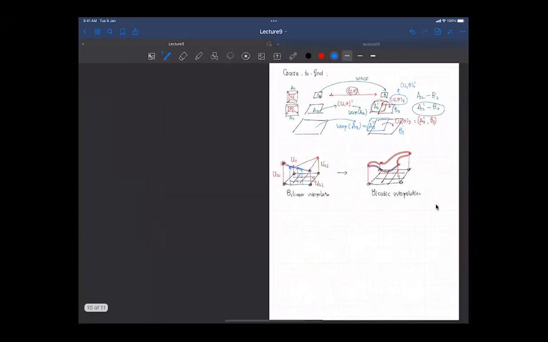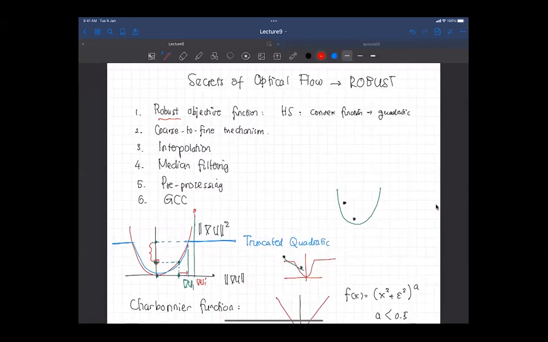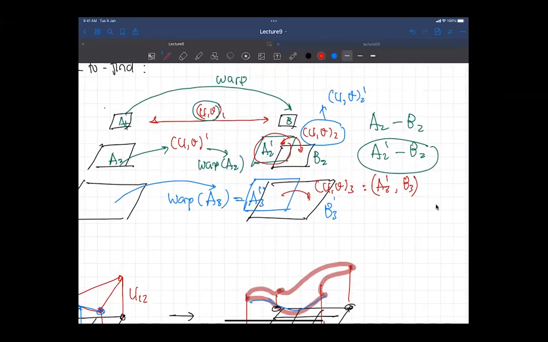Okay, so I already mentioned three things. I have mentioned the robust objective function, I mentioned the coarse to fine mechanism, and I also mentioned interpolation, which in this case is bicubic interpolation. So median filtering is another way. Median filtering means that once you have this optical flow for every pixel, so in this case we have UV1, and then you have UV2, you have UV3, right? For every level you have optical flow. So the idea of median filtering is that for every version here,